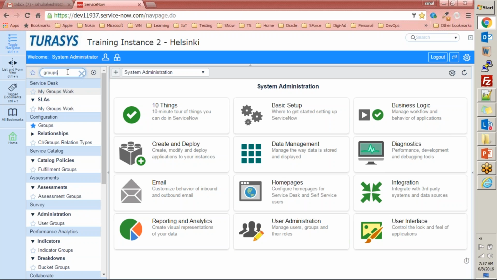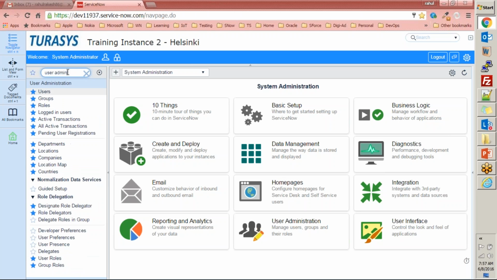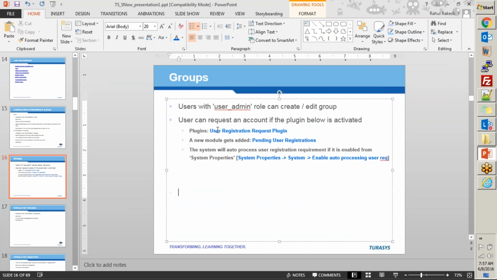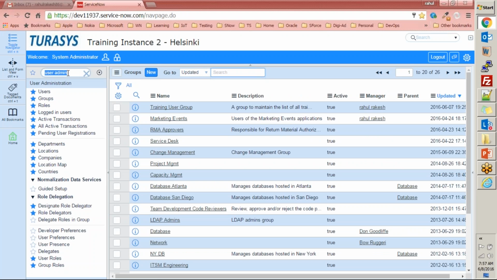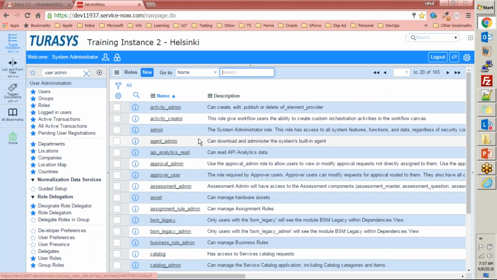Now let's talk about roles. So when you have created groups, let's think about roles. See, first of all, can anybody create a user or a group? No. Groups can only be created by those users who have the user underscore admin role, right? So there are different system defined roles available in ServiceNow. You can see most of these are system defined roles. A couple of these could be roles defined by me as well, but most of these are system defined roles,